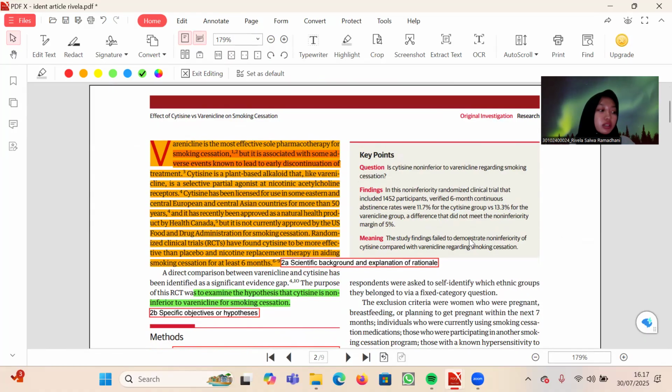So what does this CONSORT-based approach tell us? It shows that the cytisine trial meets most of the CONSORT checklist requirements. The reporting is generally transparent, especially regarding methods and results. There were some limitations, such as the open-label design, but these were acknowledged. Overall, the trial serves as a good example of how to report an RCT clearly and completely.